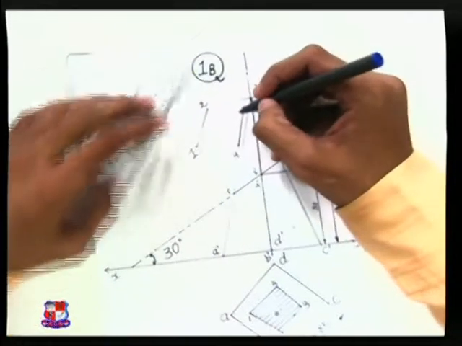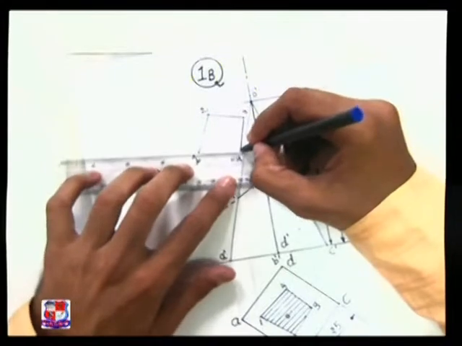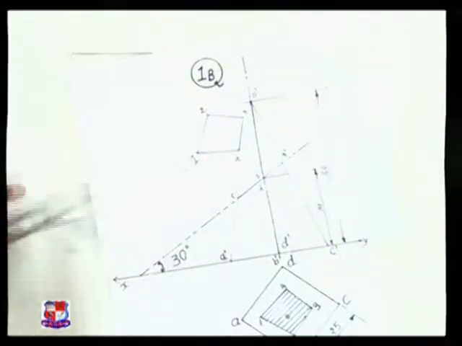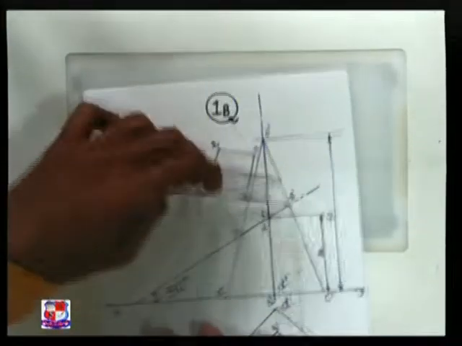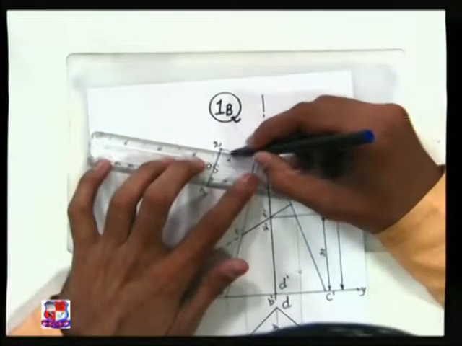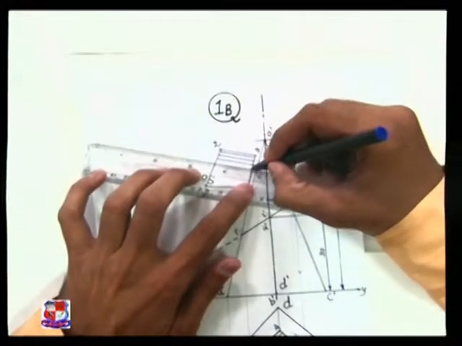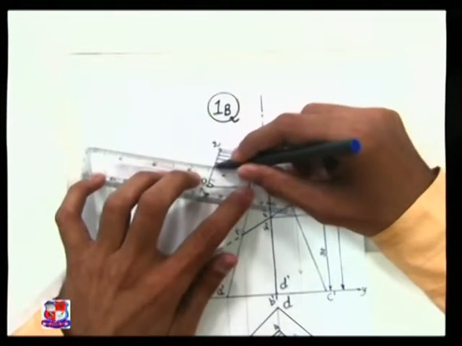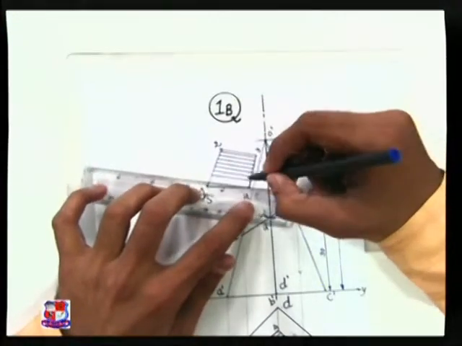So here also they should be joined with a straight line 1, 2, 3 and 4. And this is the true shape of given section. Whenever we draw true shape of the section, here also it's needed that we should draw section lines like this, or hatching line in the given true shape. Whenever we draw this section line, we should take care about the angle.